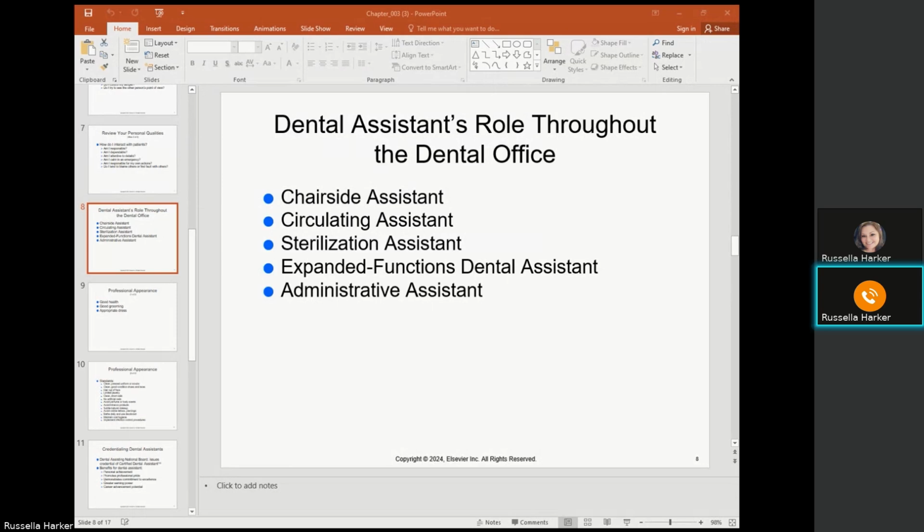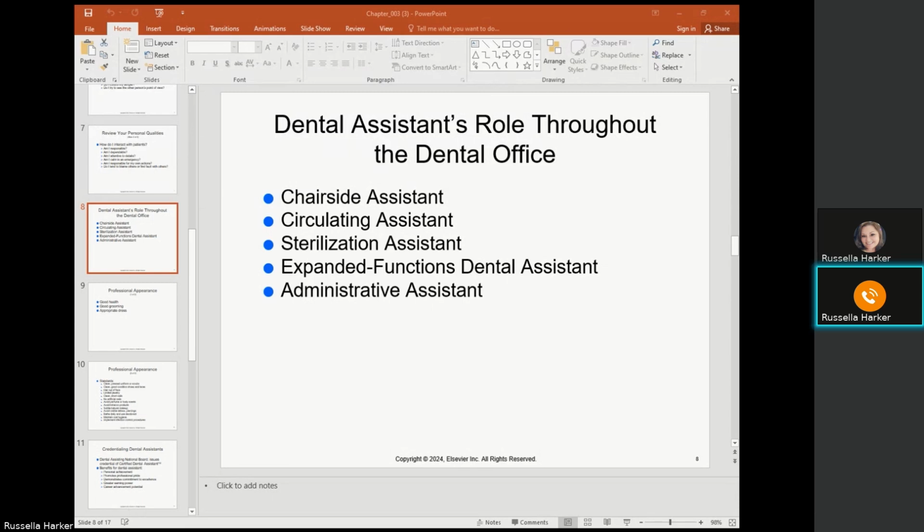The first role is the chairside dental assistant. The role of the clinical assistant is defined as chairside assistant, also called the clinical assistant, working primarily with the dentist utilizing four-handed dentistry techniques. So when the dentist is seated and the assistant is seated and they are working together as a team, that